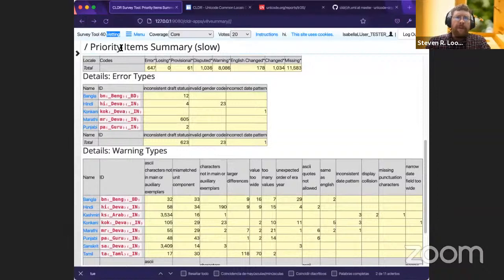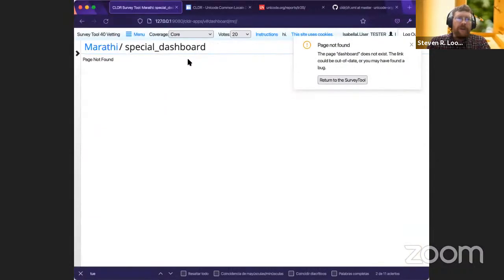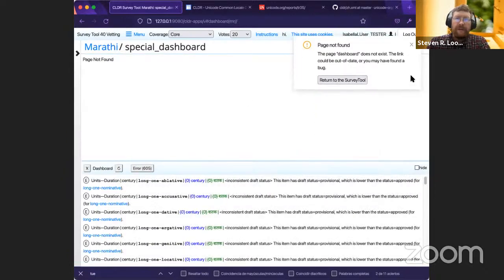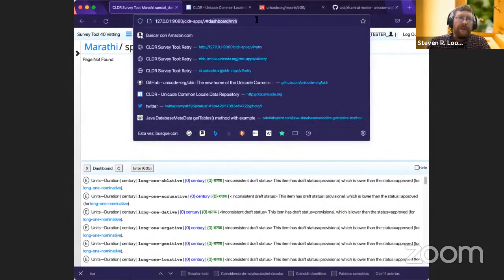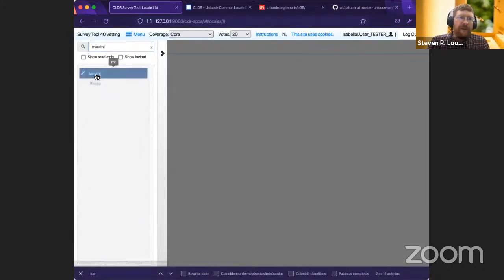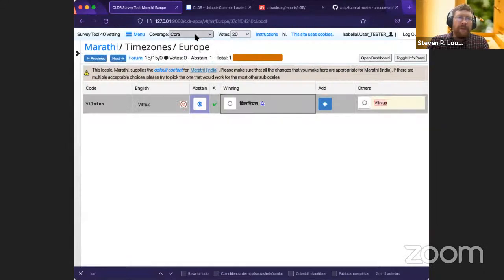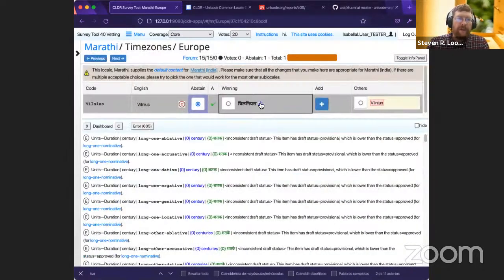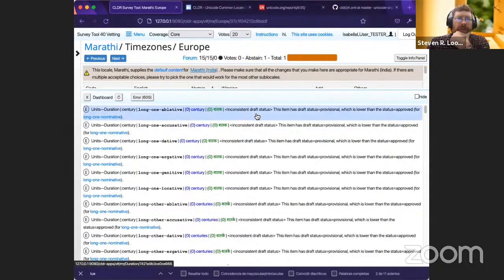But I think what could happen is if someone's interested in a language, let's say you're a Marathi speaker, you could go into Marathi here, as I was just saying. Okay, yeah, this is where I have, that's a UI corner. But let me go into Marathi from here. This is a development machine we're looking at here. So here's Marathi. And if I go to a moderate level, I can hit my dashboard, and now I have a list of things to work on. So here's one that says,